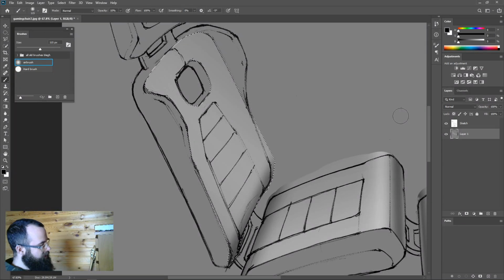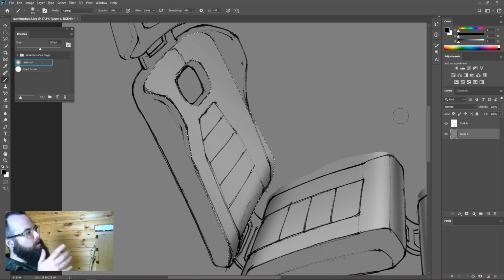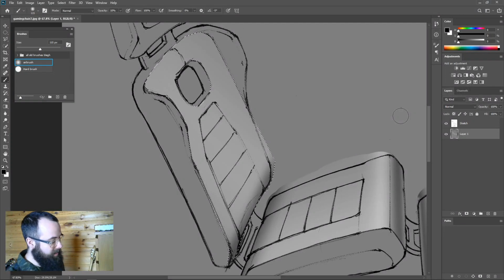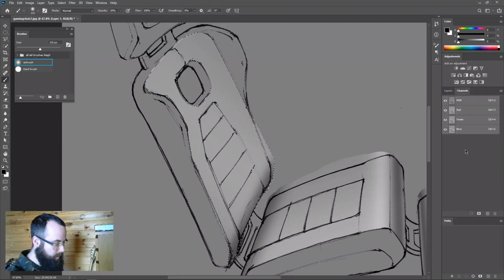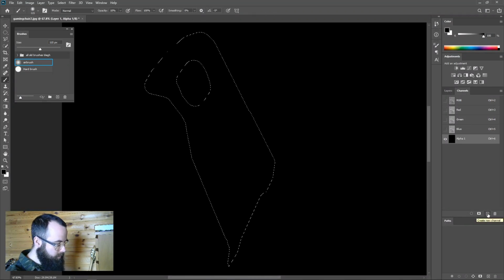So let's say, for example, I've got this area selected, but when we work with the paths in the past, obviously you can keep coming back to those paths, you can keep selecting those paths, but the moment that I deselect this shape, that selection is gone. So it's actually possible to retain that. If you're used to using paths, you can save that selection as a path, just exactly like this. You just click this button at the bottom of paths, make work path from selection, and we can use that exactly the same way as we've used the paths in the past. Or you can create a new alpha channel